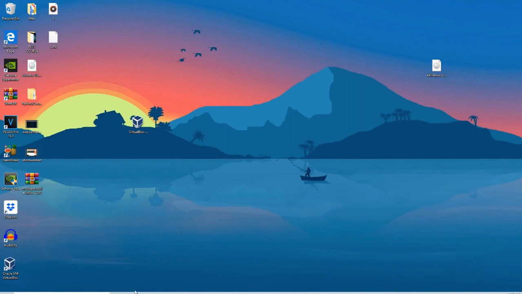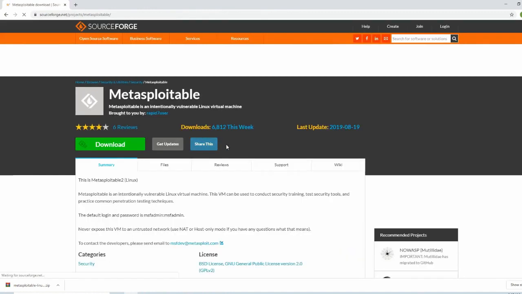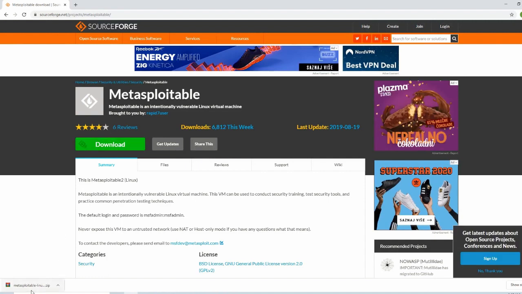First of all, you need to open up your Google Chrome and type in the Metasploitable name inside of your search bar. Then you should navigate to the first link, which will be the sourceforge.net Metasploitable download. Click on it and simply click on this green download button. It will start downloading this zip file, which is around 800 megabytes large, and once it has finished,